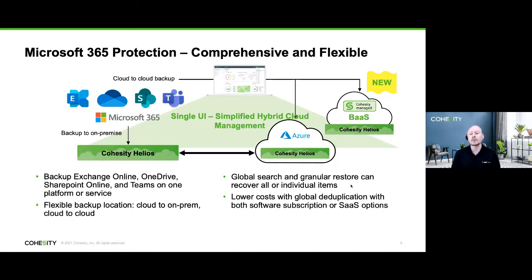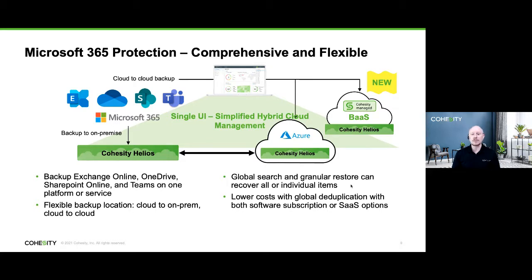Again, go right to the app, the marketplace there, grab it, or just the Helios dashboard. We can deploy an environment for you inside of Azure if you'd prefer to have everything inside of your buckets. All still managed from Helios, regardless of scale. And then also we have the ability to do this as a service. So there's really no wrong way to deploy this. It's simply a matter of what fits best for your business.